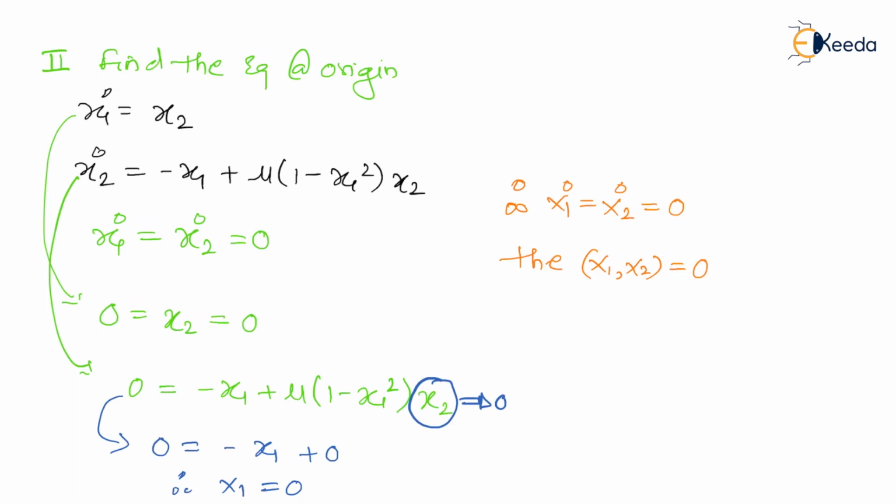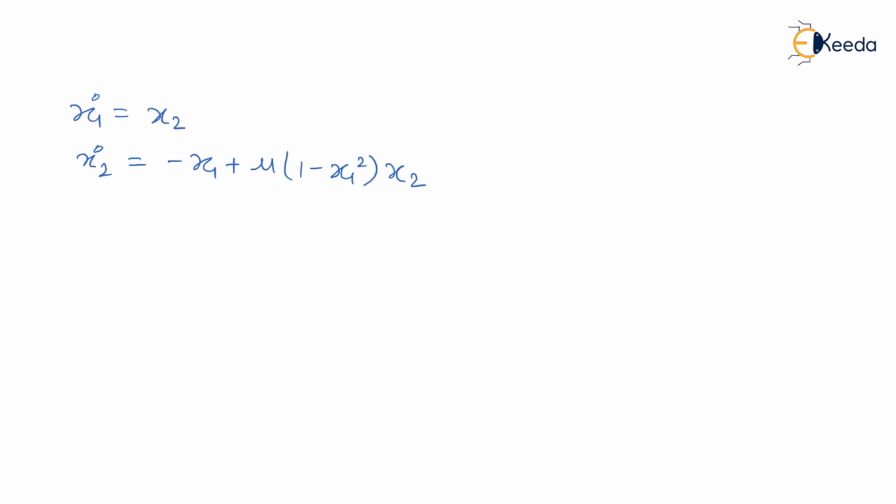Now the most important point is to find matrix A at this equilibrium condition. So step number 3 will be finding the matrix A. So now let us go for step number 3, finding A at equilibrium condition. So how to find out A at equilibrium condition? First we will find the A matrix that we have already found out.